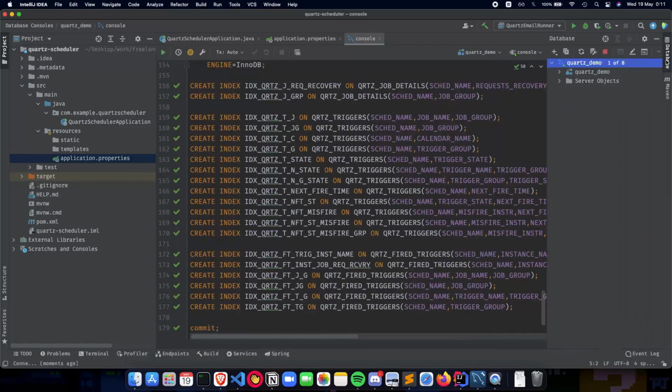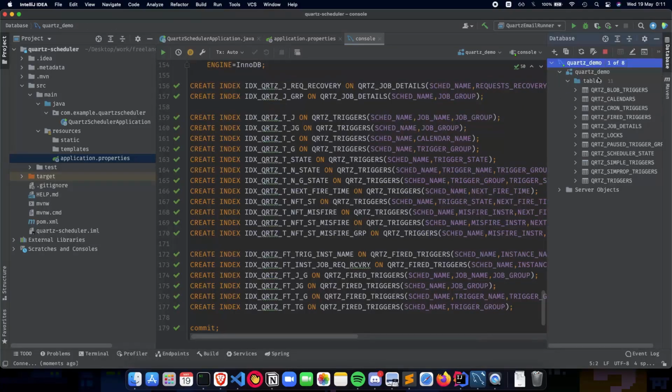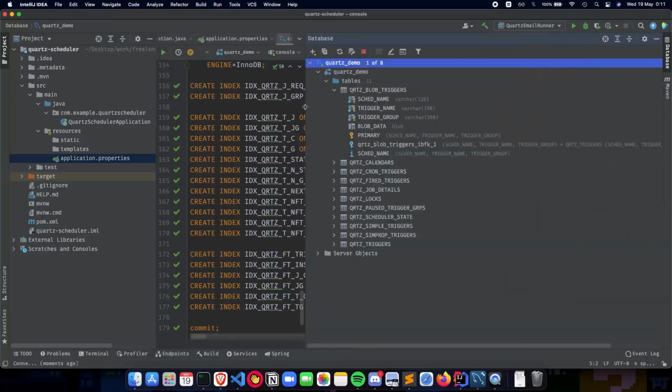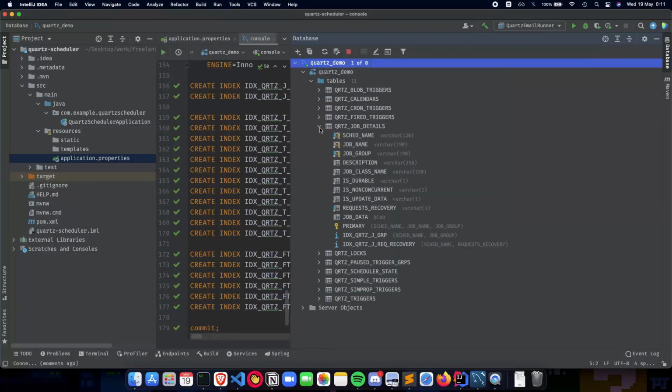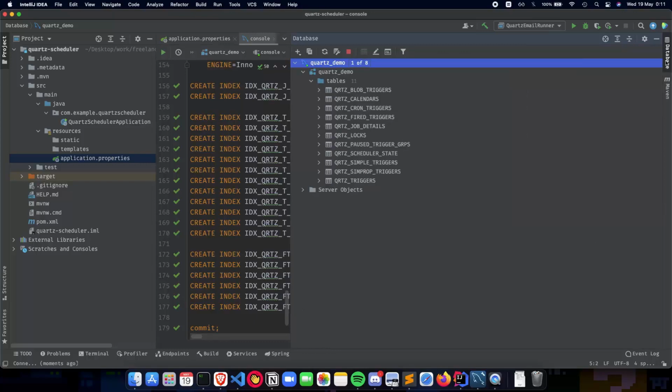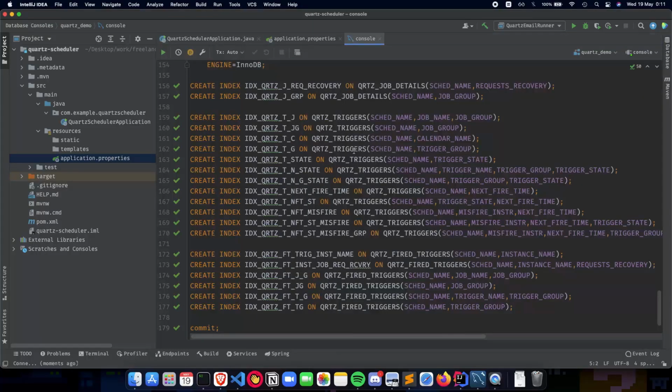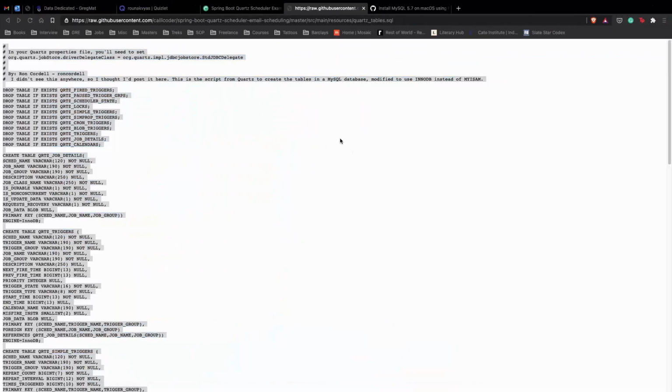And to check whether the tables have been created or not, go to database, go to Quartz demo, and as you can see, we have all of our tables here ready. So if you would like to see what's inside the tables, let's look into that. So first we have our job details. So yeah, before we get into all of this, let's actually understand the terminologies which we need to know in